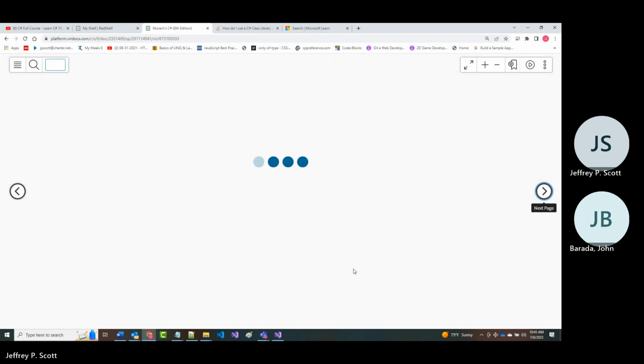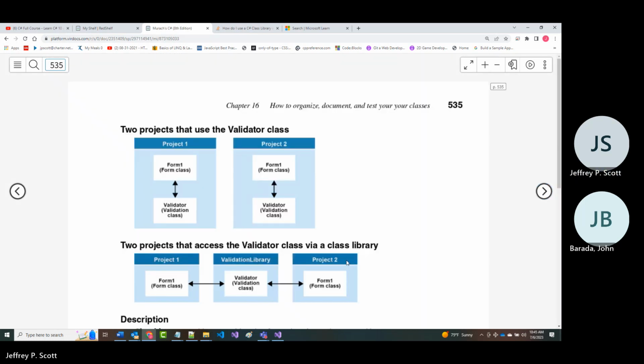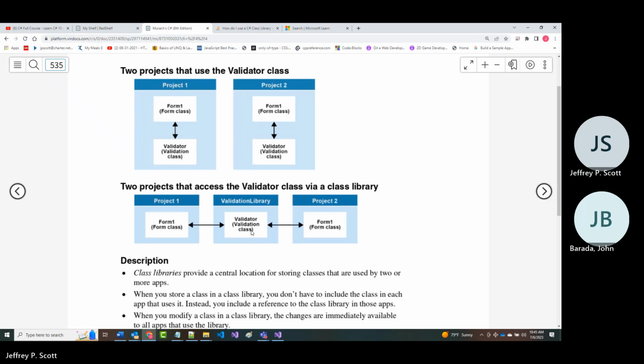Now, this is a great example, even though it may not look like it. We have created several projects that have used that validator class. But every time we've created a project that uses the validator class, we've had to go in, sometimes retype it, or at least copy it in. That's not a good way of doing things, for the same reasons we just talked about on the previous page.